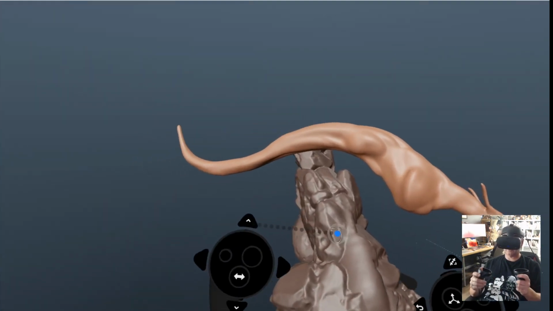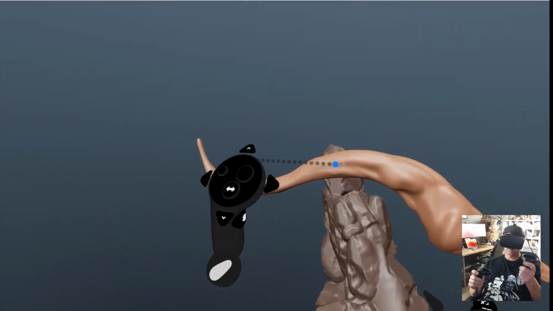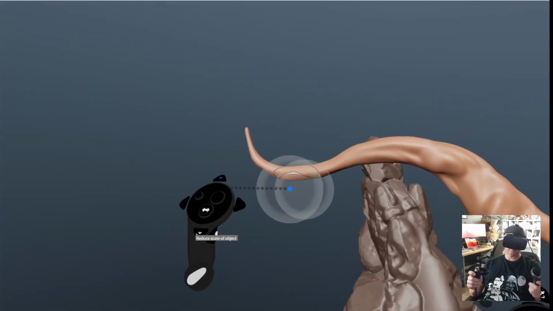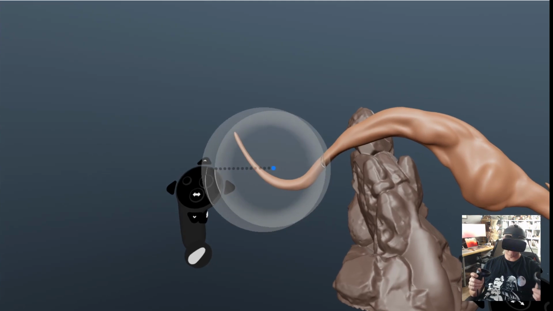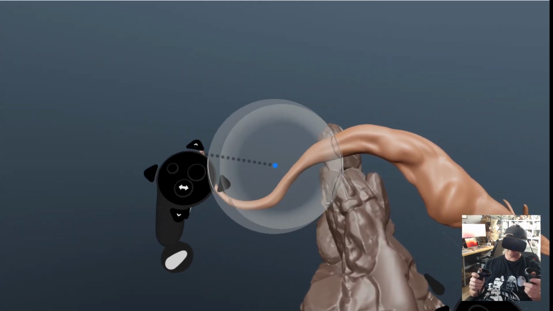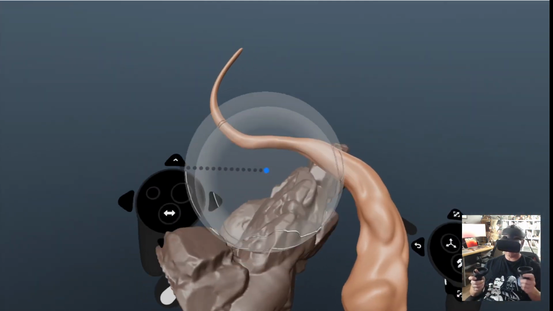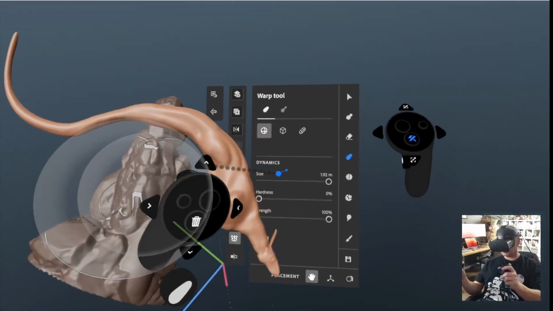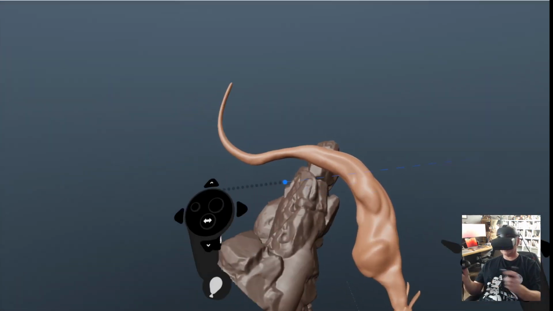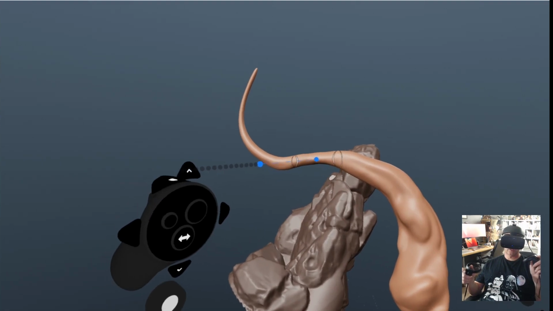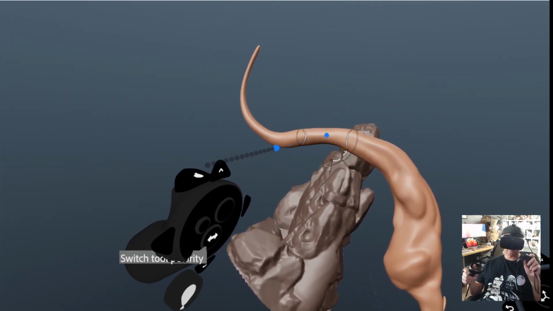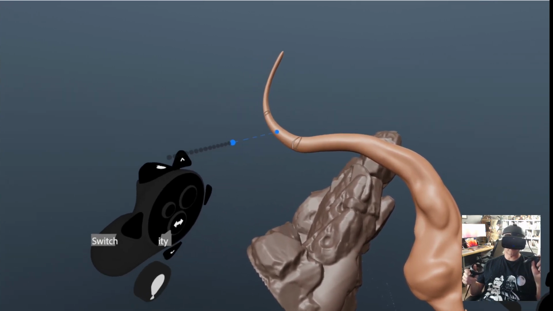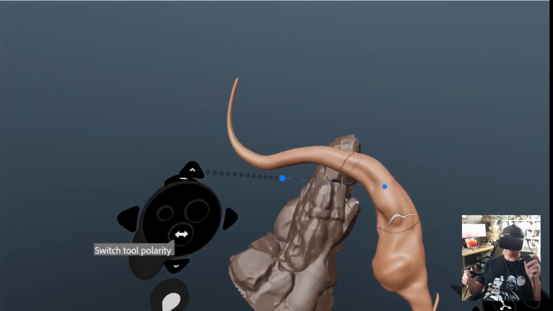So there you go. I've got the body a little bit better aligned. I might even completely change that tail in a minute. I might bring it more down like this and rebuild it a bit, but at least we've got one and we've got it in place, even though it's not even the right volume. If you just want to add volume, what you can do is use this. It's like a balloon tool, but it basically just inflates like that, so it puts back some volume. So that can be quite useful. I wish we had that tool in other programs as well. We've got it in ZBrush, obviously,